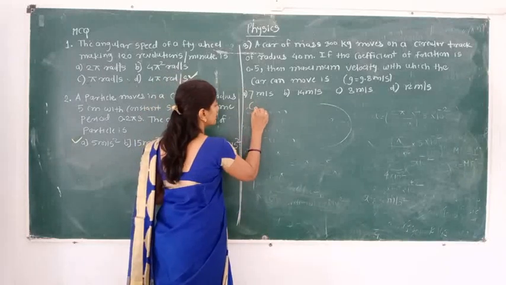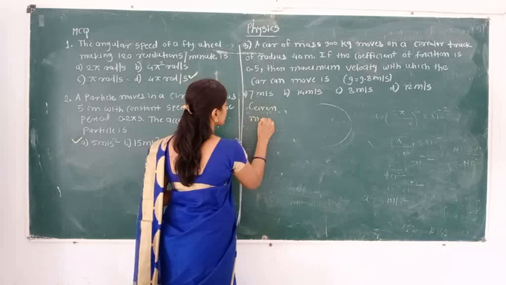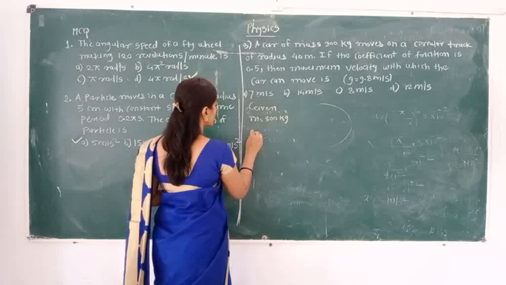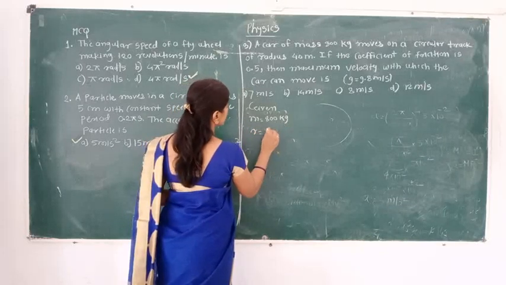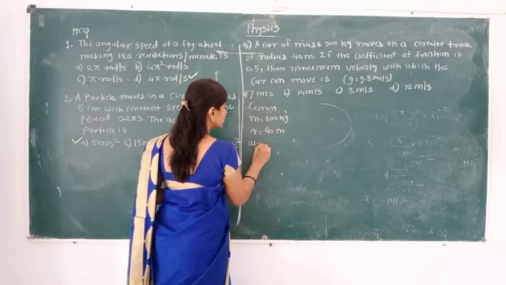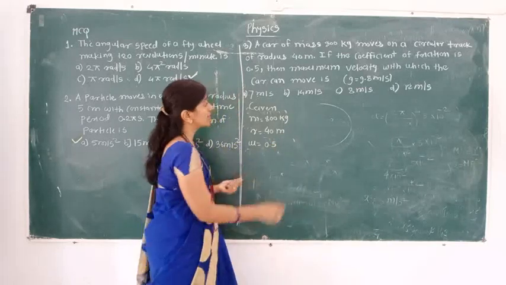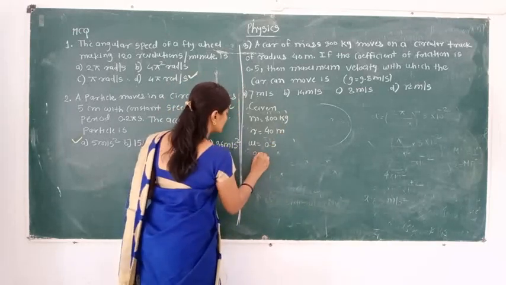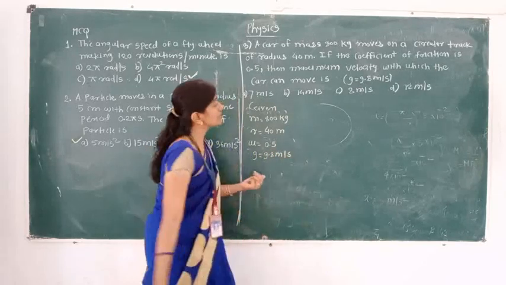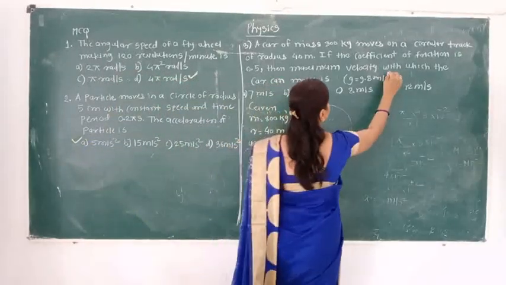So whatever is given, we are going to write. The things given are the mass, it is 800 kg, the radius of that circular track r, it is 40 meter, it is already in CGS, then mu, it is the coefficient of friction, so the unit is not present for that mu. Here the value of g is given, g is equal to 9.8 meter per second, acceleration due to gravity is there, so it is meter per second square.